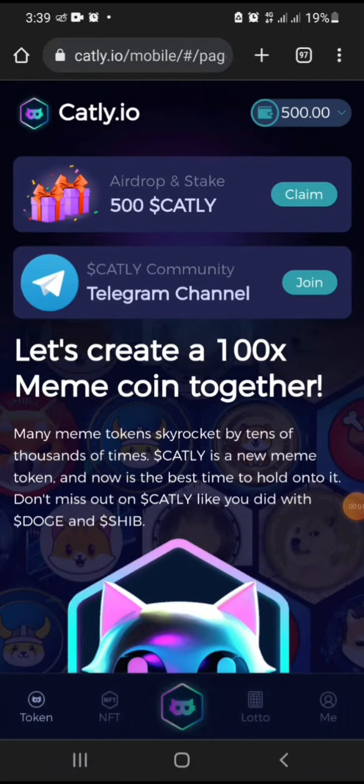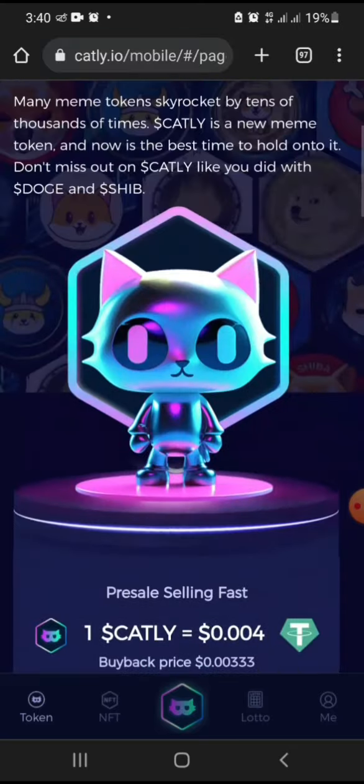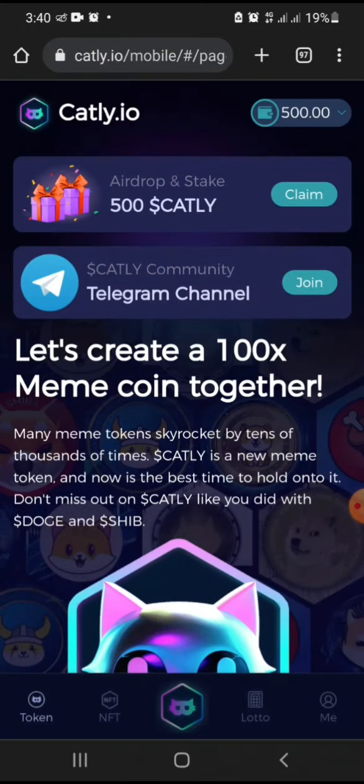Hello guys, today I'll be showing you how to participate in the CATLY.io airdrop, where you will claim 500 CATLY tokens. But before we dive into details and check more about this platform,